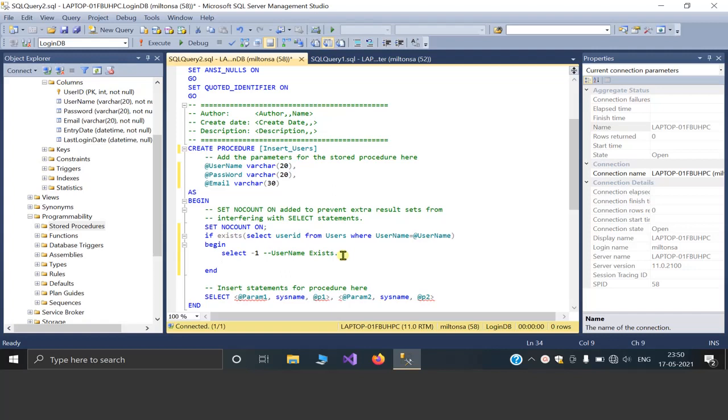Then the stored procedure will check whether the email address already exists. If yes, then it will return a negative value too. Let's see.